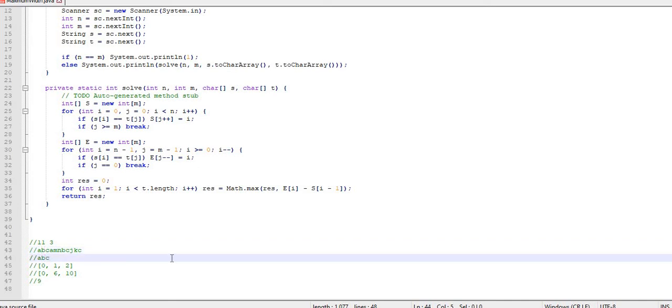So basically there are three choices. If your character is matching, I can take the character or I can skip the character. These are the two choices. And third, if my current character is not matching with the string T's character, then I can move forward, okay, because I don't want to take that character. It won't give any meaning to my string, because it will never be equivalent, okay. So that way I can form a top down recursive approach, and after that I can use memoization.